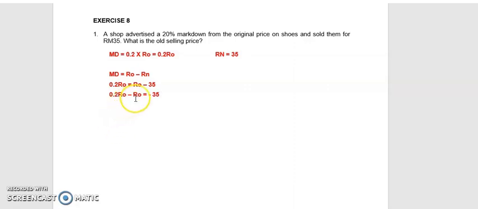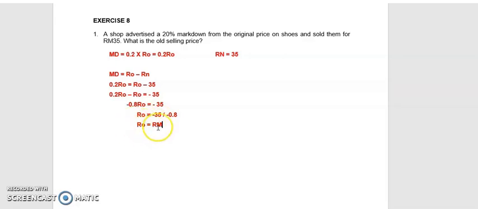So 0.2 RO minus RO, where RO means 1 RO, is negative 0.8 RO. Negative 0.8 RO is equivalent to negative 35 ringgit. So negative 0.8 RO means negative 0.8 multiplied by RO. So make RO the subject. RO is equivalent to negative 35 divided by negative 0.8. Negative divided by negative, you will get positive. So RO is RM